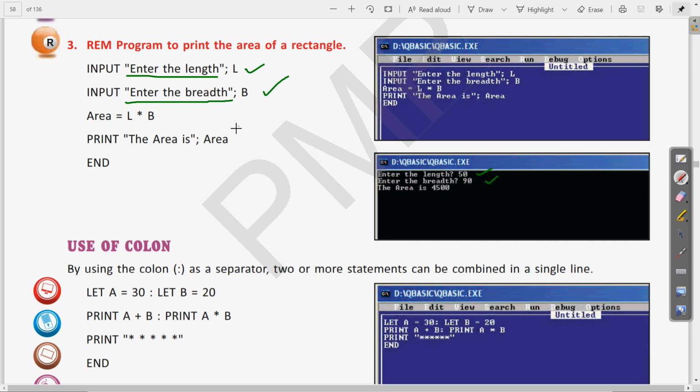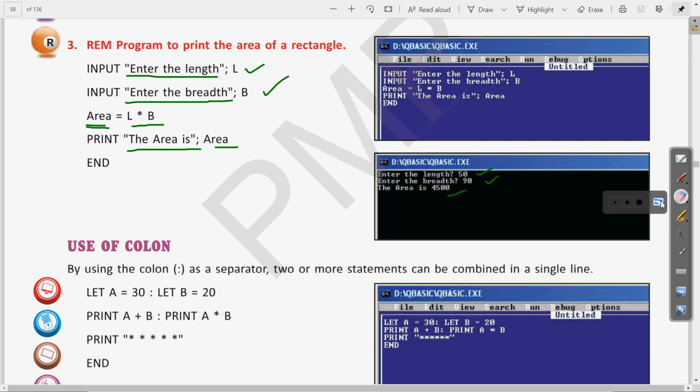Then the area which is calculated is length into breadth. Clear? So we have multiplied these two variables, and in the fourth line we have used the print command. So this will give the output which is area. So we have stored the area in the variable name area. So the same we have used here. So the message will be printed, the area is, then the value of that variable where we have stored this area. Clear? So this way the area is obtained here in the output screen also. So these were the three programs which we have done in the previous class also.